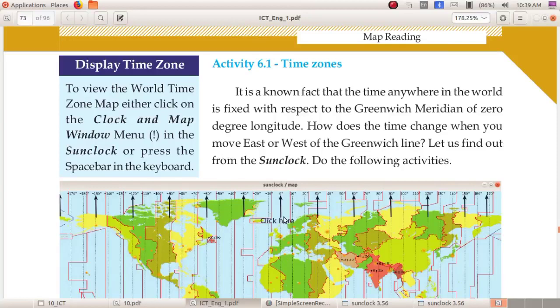This is the Greenwich line, 0° longitude. When you are moving east or west, the time is changing. How is it happening? Let us find out from the Sun Clock. That is our activity 6.1.